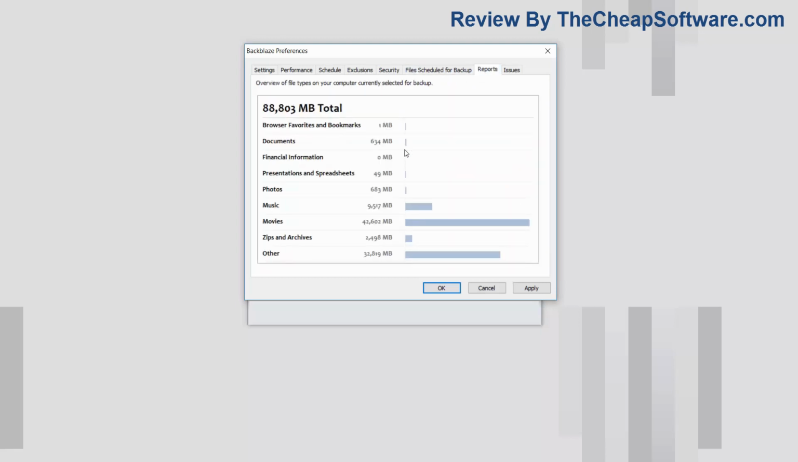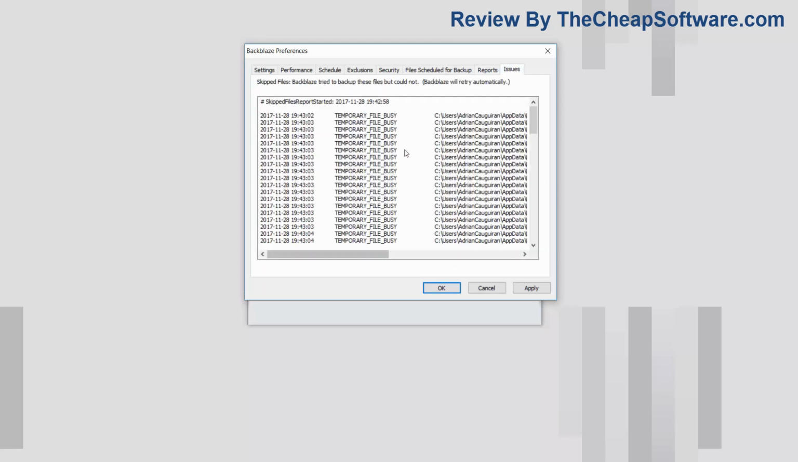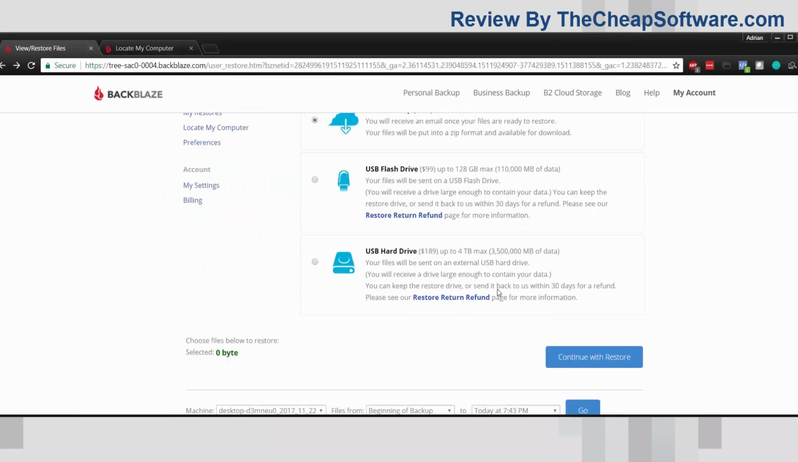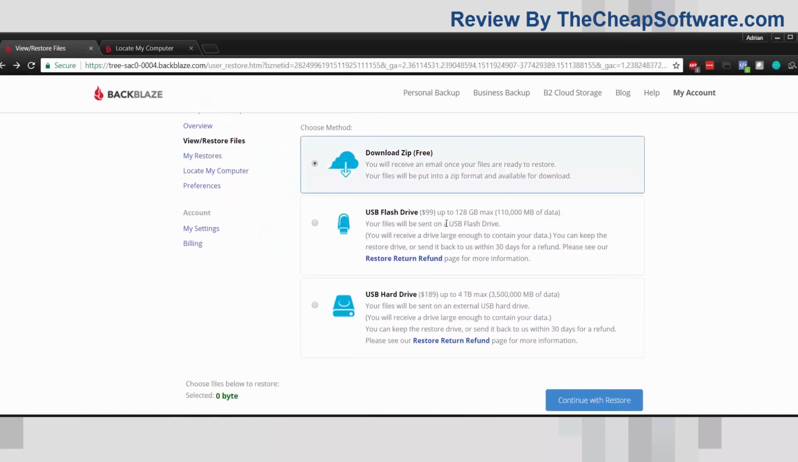You can see the reports of your data backed up and any issues that it may have run into. Now, when it comes to restoring your data, let's say I want to get a file back. I can hit restore now, and what that will do is open this window here, the online control panel, and you have 3 ways of restoring your files. You can download a zip file, which will give you just a compressed folder with the file that you're trying